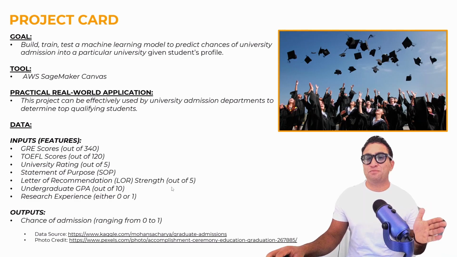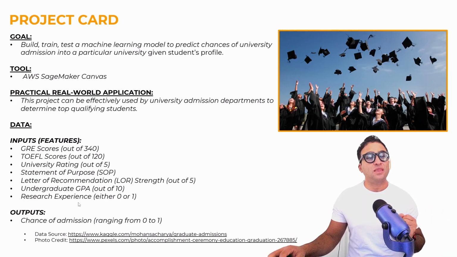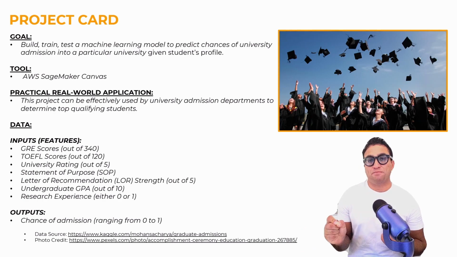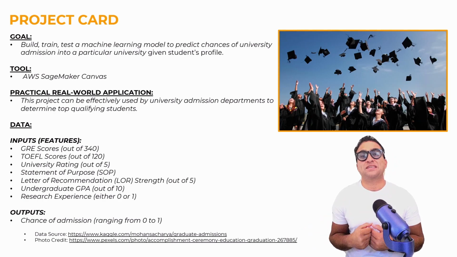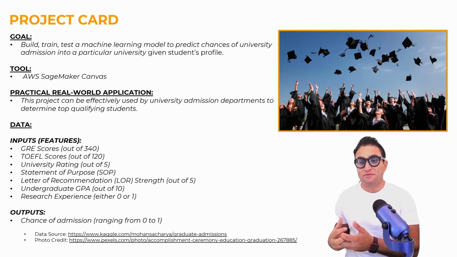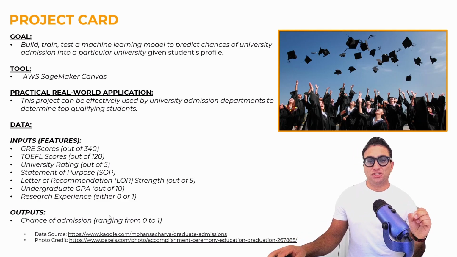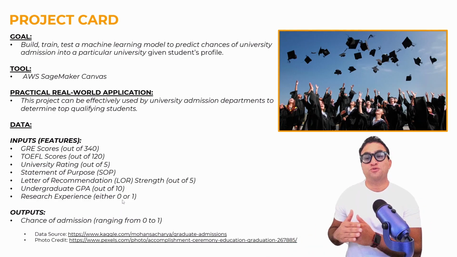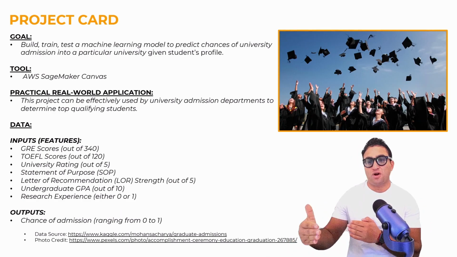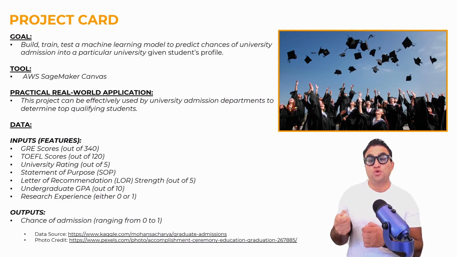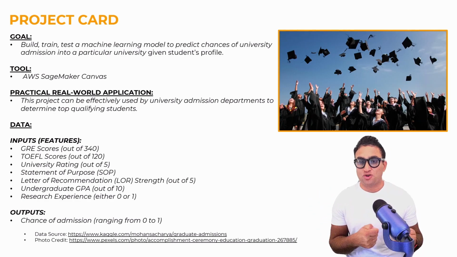You can get any number between 1 and 5. We also have the undergraduate GPA of the student, and also we have the research experience as well. And that is going to be a binary input, either 0 or 1, whether that student has research experience before. The output is going to be the chances of admission. Basically, it's a number that could range anywhere between 0 and 1. That will give me the chance whether that student would be admitted to a given university or not based on